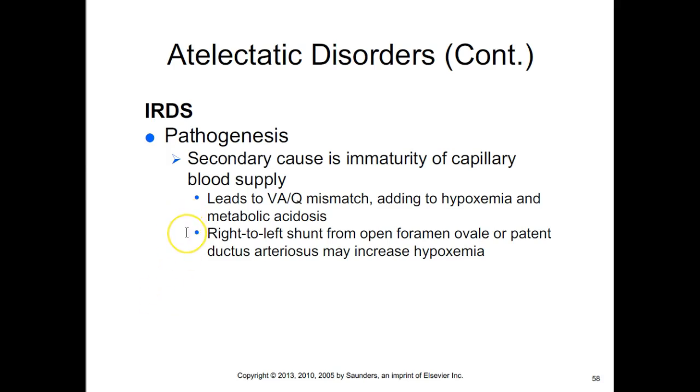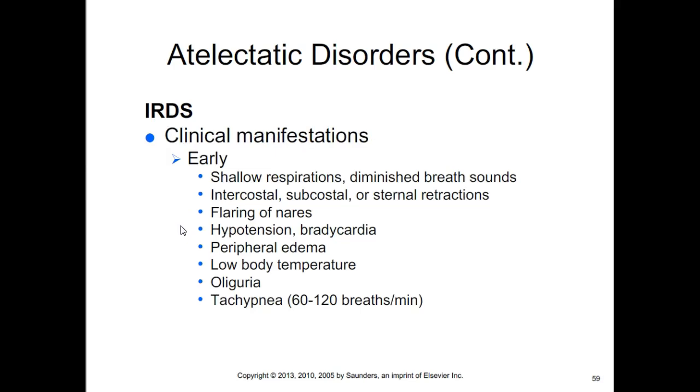That may increase the hypoxemia because you're having the deoxygenated blood mixing with the oxygenated blood. So that's what we mean with right to left shunt. A left to right shunt isn't as bad because remember, that just means that you are pushing oxygenated blood into a deoxygenated blood area. All right, so some of the clinical manifestations: shallow respirations, intercostal, subcostal, or sternal retractions, flaring